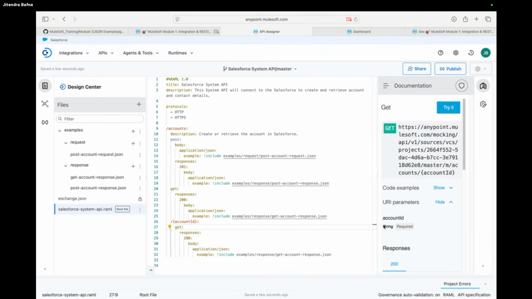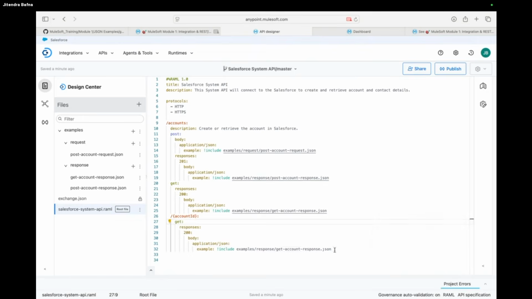Now we have to go with a contact. We have to create a contact for the account. So we will require the account ID, that's for sure. So let me go back here. Now here, make sure it should be /account/account ID/contacts. So I will just say /contacts, right? /contacts. I think there is some issue with the description, why it's not coming.